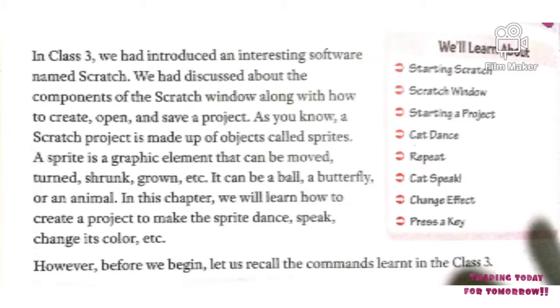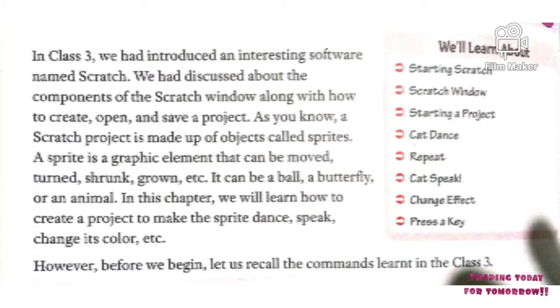We have discussed the components of a Scratch window along with how to create, open and save a project. As you know, a Scratch project is made up of objects called Sprites. A sprite is a graphic element that can be moved, turned, shrunk, grown, etc. It can be a ball, a butterfly, or an animal. In this chapter, we will learn how to create a project to make the sprite dance, speak, change its color,